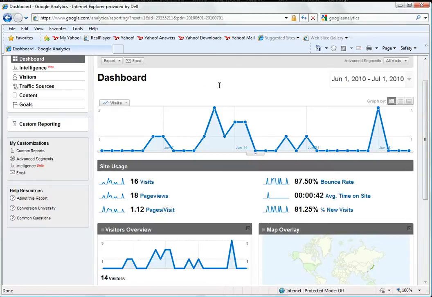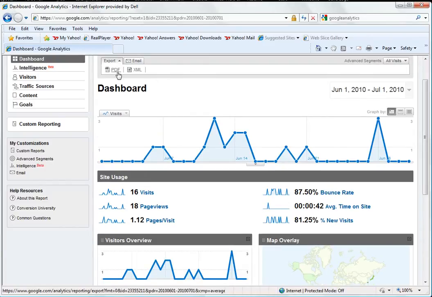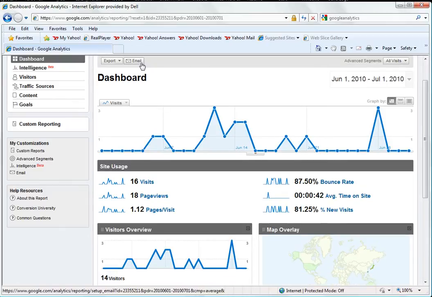Another good thing about Google Analytics is that you can export all of your reports, and you do that just by clicking Export, and it'll allow you to choose if you want a PDF or an XML. PDF is great if you're going to be emailing it to someone else, or if you want to print it out. If you decide you want to email it to someone, including yourself, just click on the email button, and